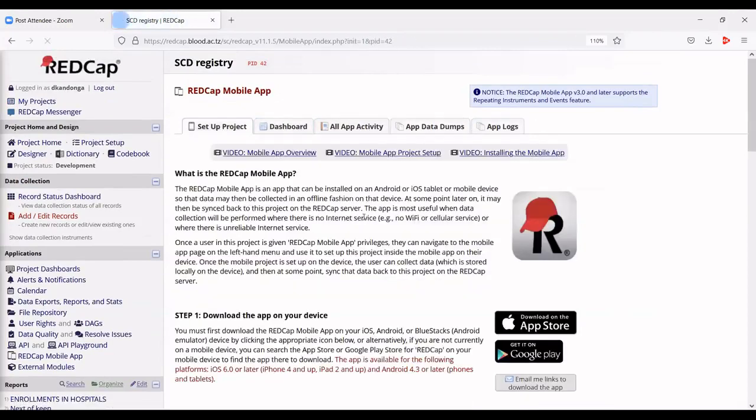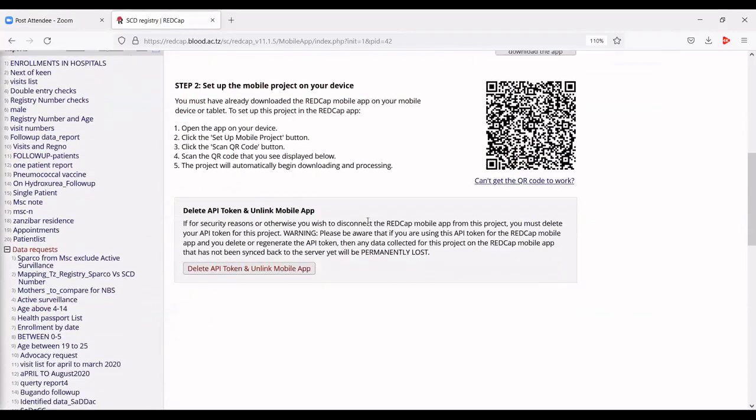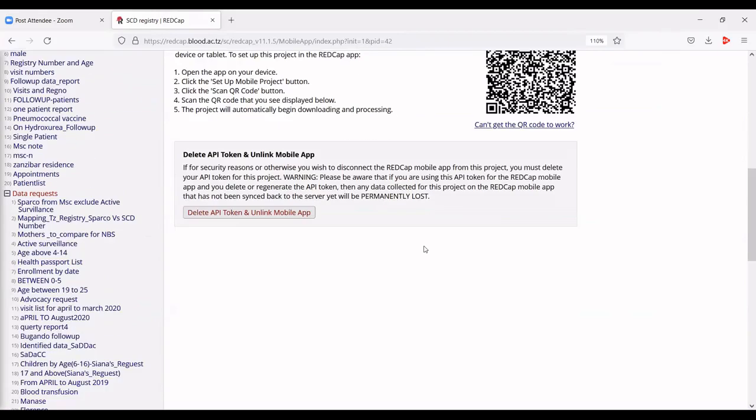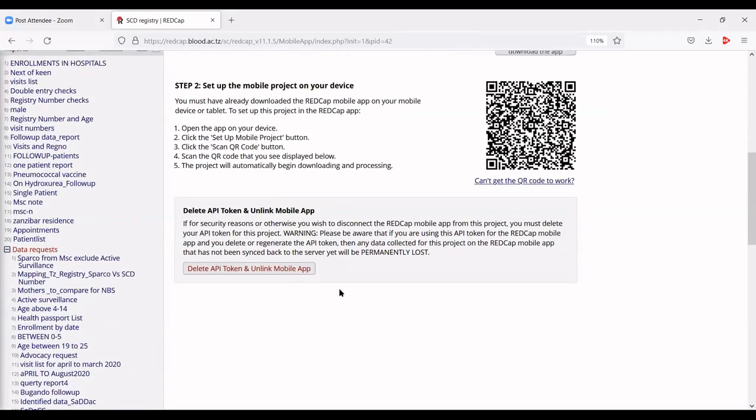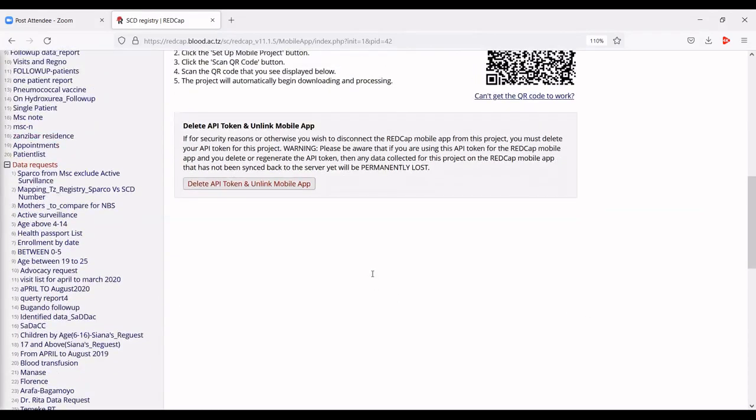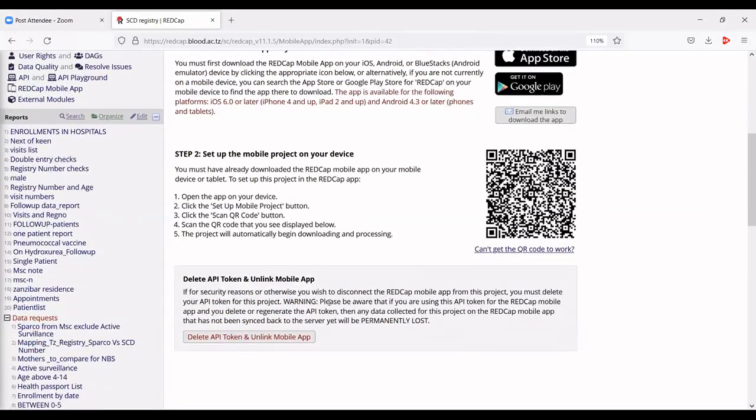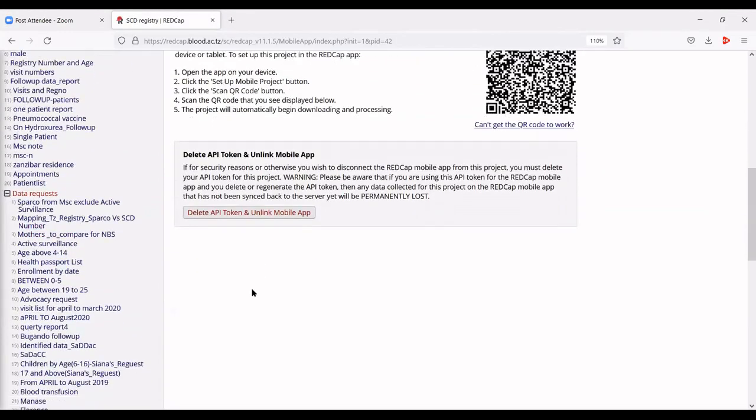So I won't be able to show you how I can connect or configure a mobile application, because I assume that we are all using smartphones. So if you go to Google Play or you go to the iOS App Store, you can download it. And then after downloading the Redcap mobile app, you go to set up for the admin. Then if you set up the admin account, you will also be able to set up for the data collectors. So point to note here,